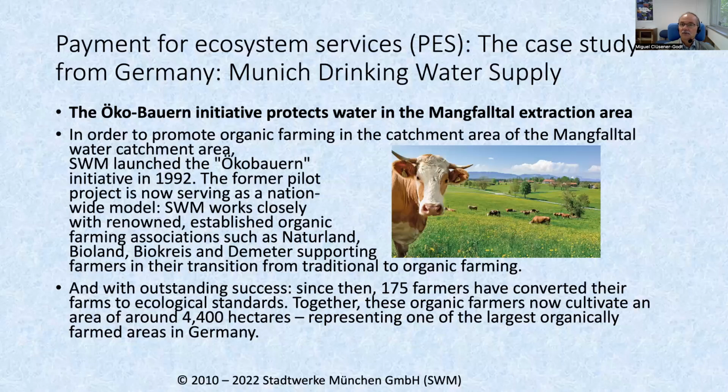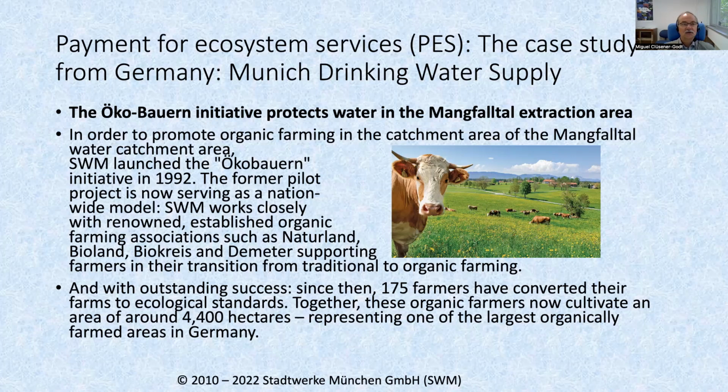Payment for ecosystem services. What does it mean? There is an ecosystem that provides you with a service. Let's say water. We all think it's free. It's falling from the sky, it's free. No. Yes, it's falling from the sky, it's free, but the service that you get by using that water is not free. Because this water has been cleaned. This water has been directed. This water that you can then freely use must get a return.